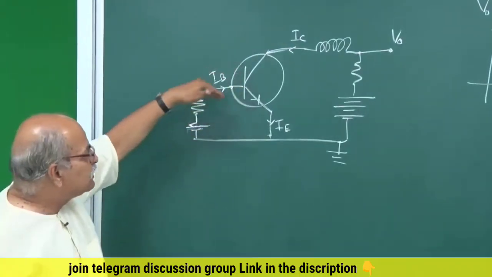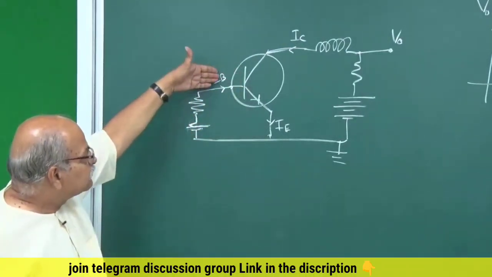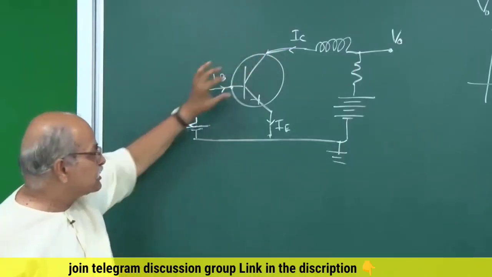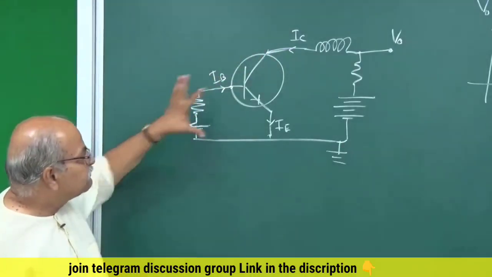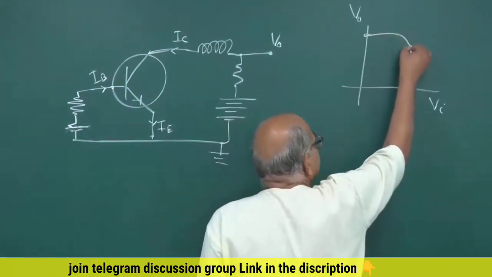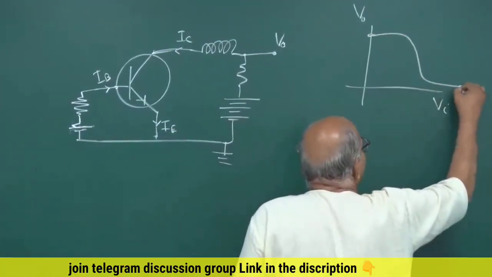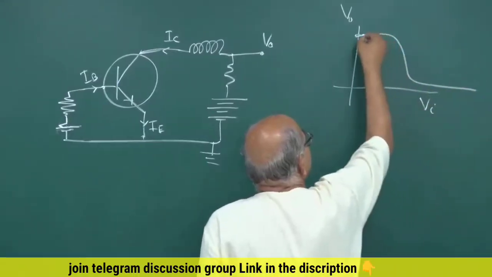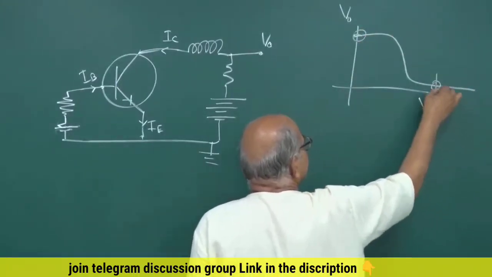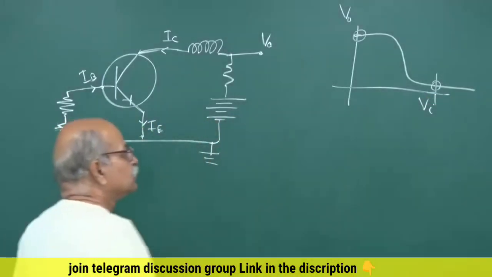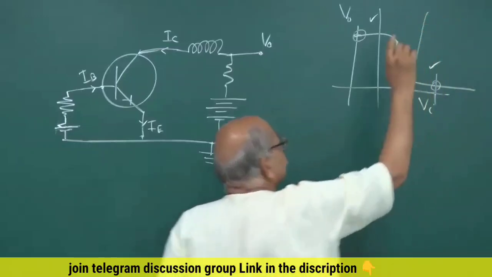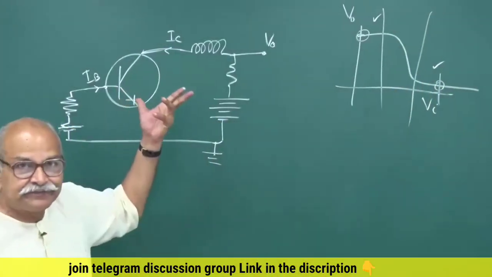Then what will happen? You have the current, you have this IC, a large IC, in the saturation range. This is sufficient here to drive this into the saturation region. So in general we have VO, VI like this. You are here and suddenly you reach here. So your VI is sufficient. So we are operating in the cutoff region and the saturation region, then it becomes a switch, right?